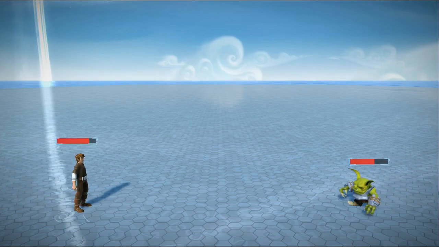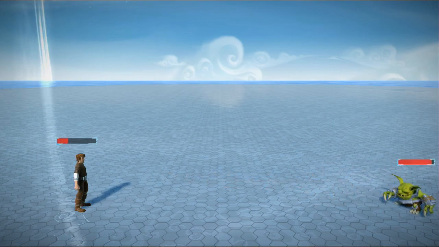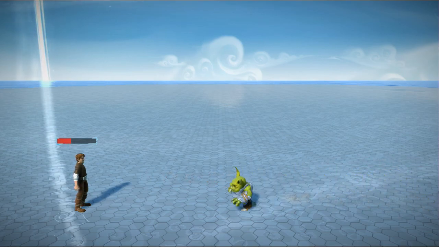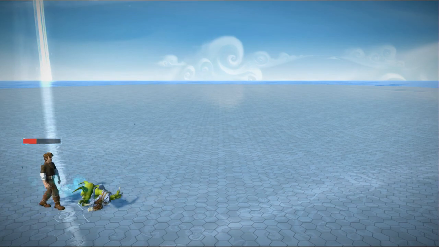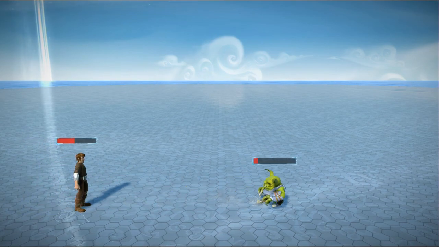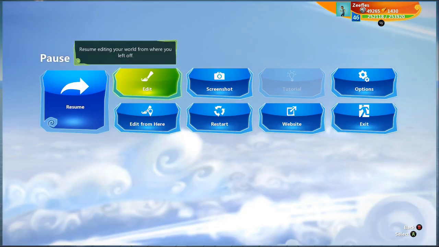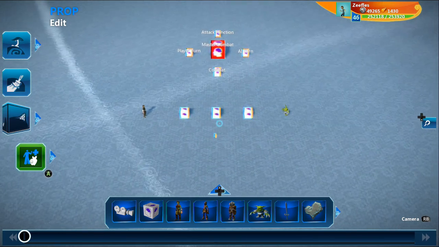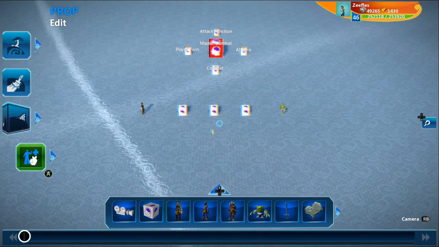I'm just gonna shoot because it's faster. It's now the goblin's turn. He attacks us and returns to his position. And let's do this. Let's go ahead and